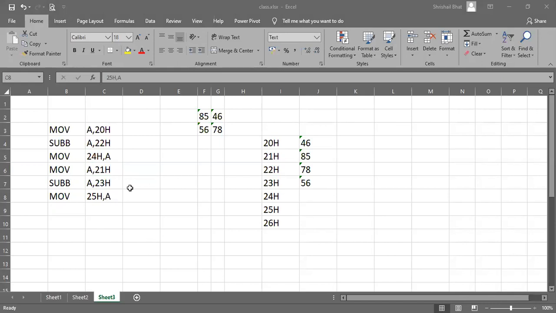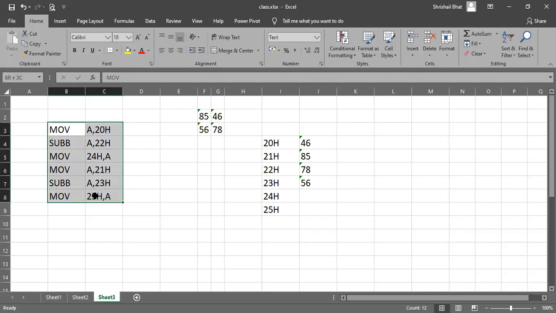This is subtracting the contents of 20H with the contents of 22H, storing the result in 24H. Then the contents of 21H and 23H, then store the result in 25H. This is not required, because that was used for carry. Here you don't get a carry.